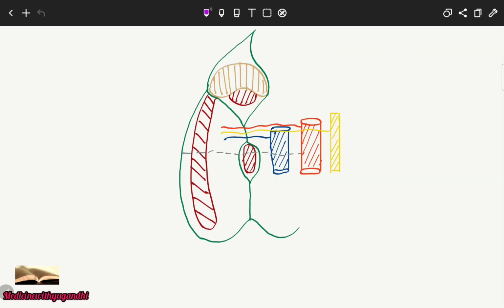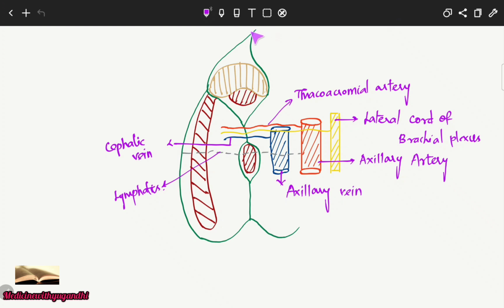Now coming to the structures piercing the clavipectoral fascia. As usual, before going to the topic proper, let me mention all the structures present in this diagram. This is the investing layer of deep cervical fascia, this is the posterior lamina of the clavipectoral fascia, and this is the anterior lamina. This entire length is the clavipectoral fascia, and here you can see the suspensory ligament, and this is the axillary sheath, and this is the anterior axillary fold, and this is the fascia covering the pectoralis major muscle, and here this is the pectoralis major muscle, here this is pectoralis minor, and this is the subclavius muscle.